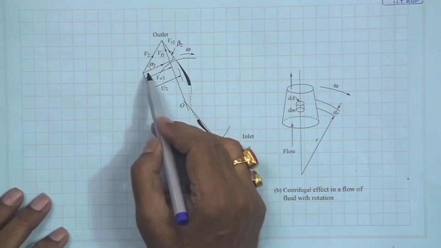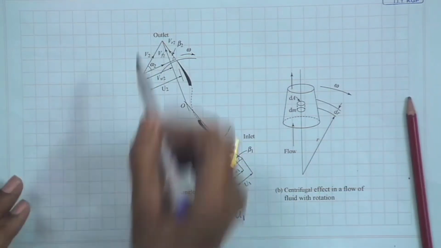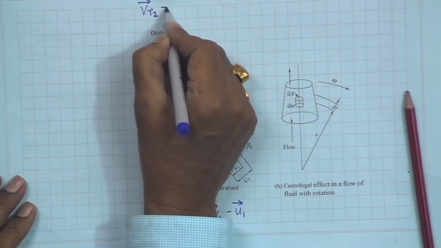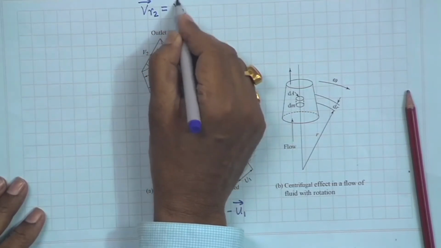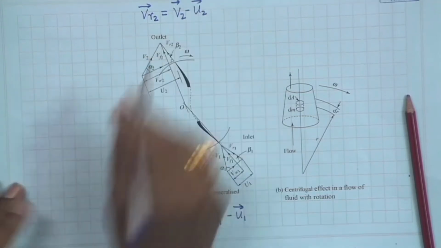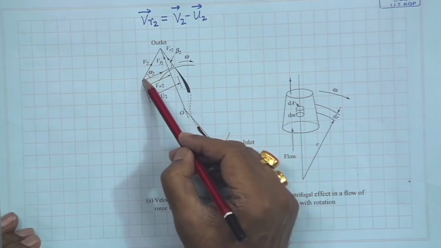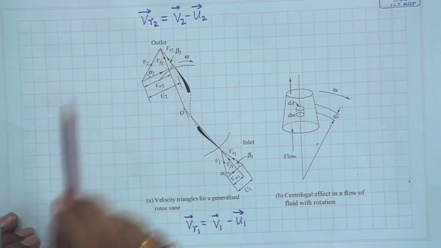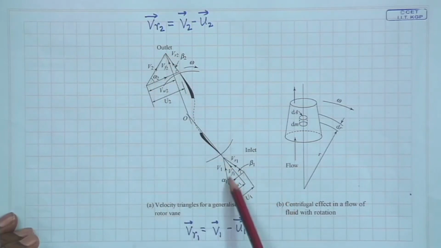So, here also in the vector diagram, V2 is the absolute velocity of the fluid. Here also we write VR2, that is the relative velocity of the fluid at the outlet of the blade with respect to the blade, which will be nothing but its absolute velocity minus the blade velocity. And the blade velocity is in the tangential direction, that is omega R2. So, if this is the blade velocity and this is the outlet velocity, and you complete this vector triangle, this will be VR2. So, this way we will always draw the velocity triangle, which is the vector triangle.